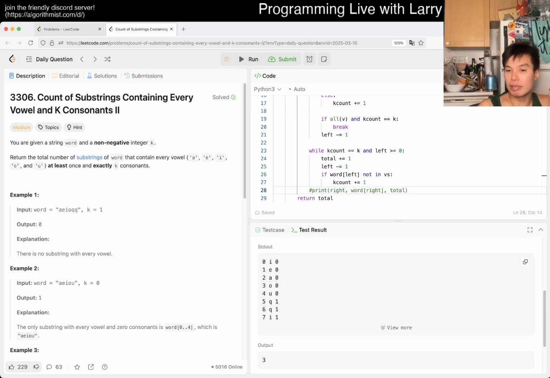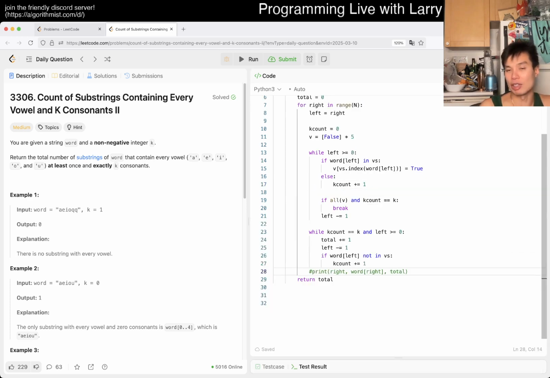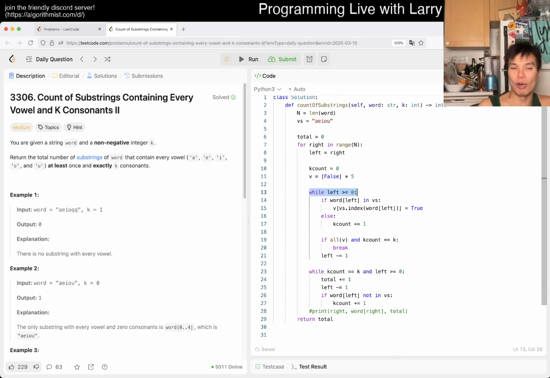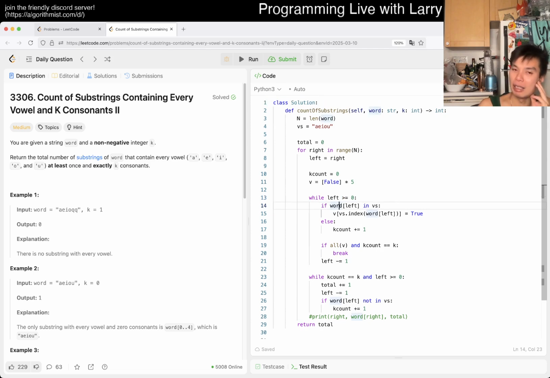But yeah, so of course we know that this is gonna be too slow. It is n squared, right? This loop goes all the way from right to 0, and you have n squared. It's a really easy count. And then the idea is, okay, now that we have this, can we optimize it in a way such that we get rid of an n factor, right? Well, with sliding window, you kind of can, right? The idea here is that if you have a window,